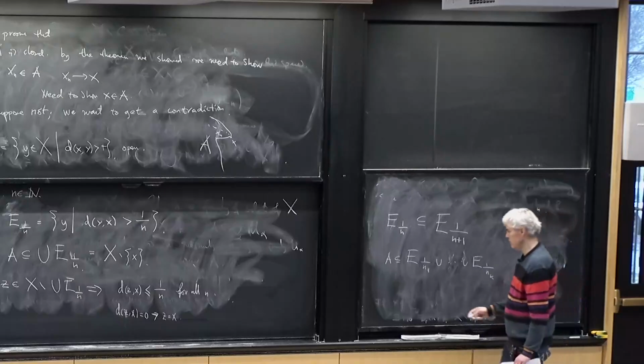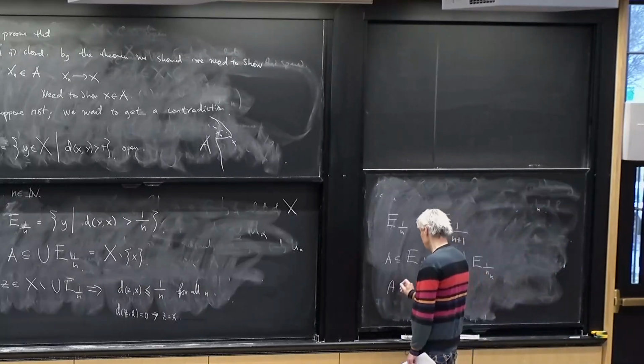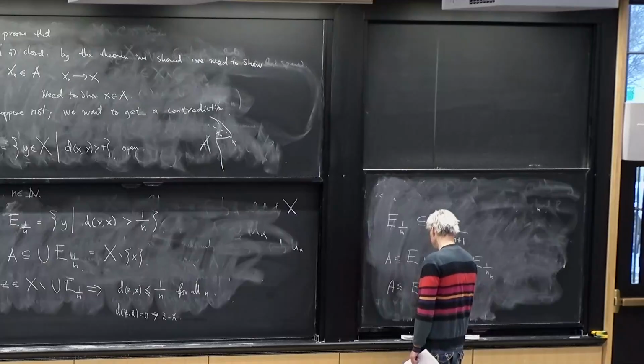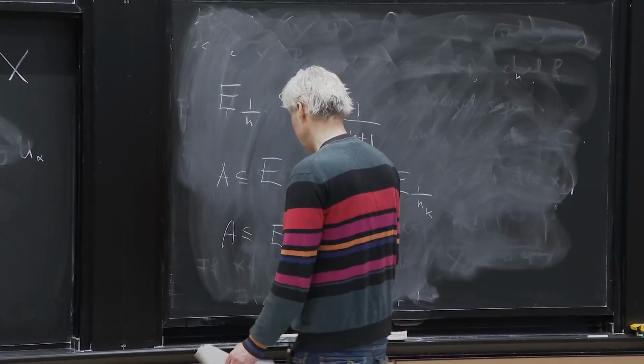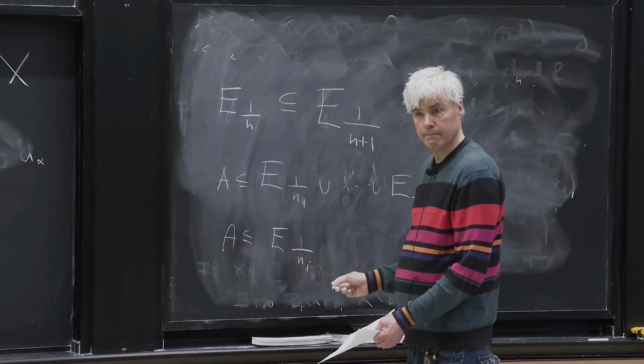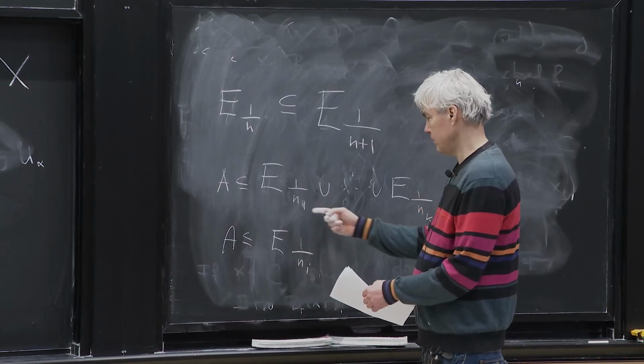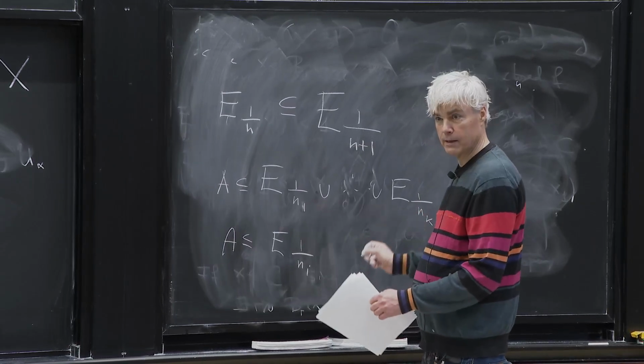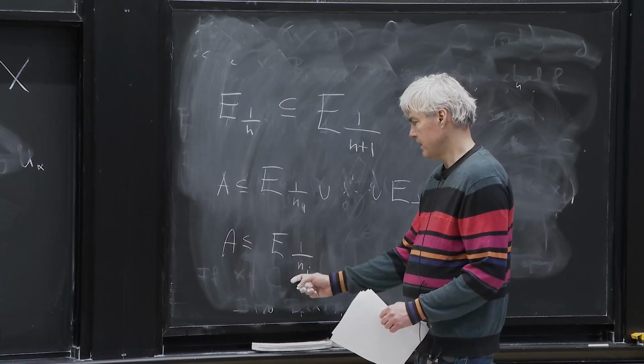So this means that A would be contained in some 1 over ni, for some i, because there's one of these numbers, these ni's, that would be the largest. But this means